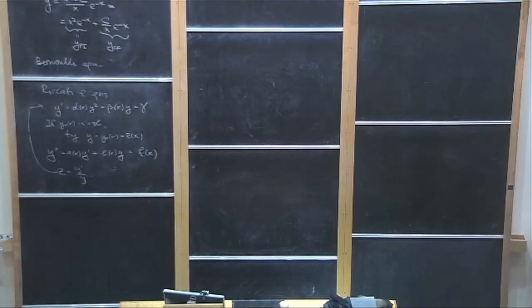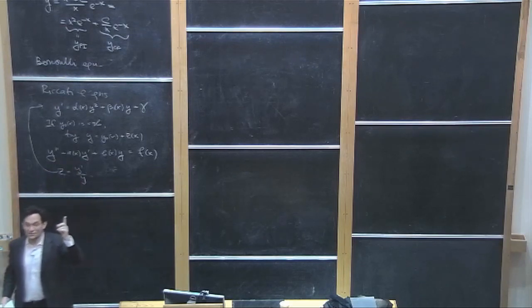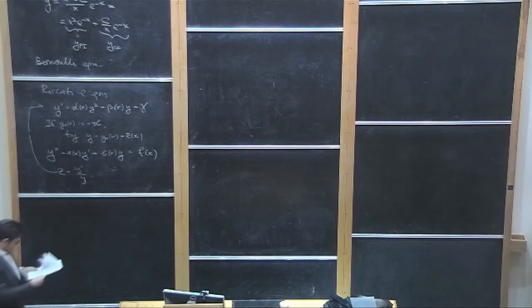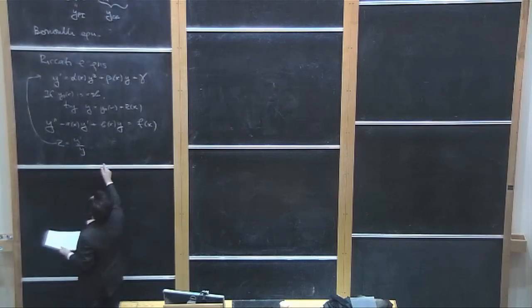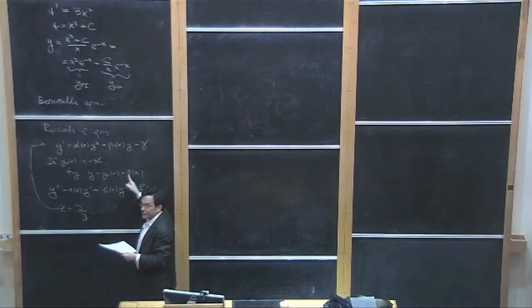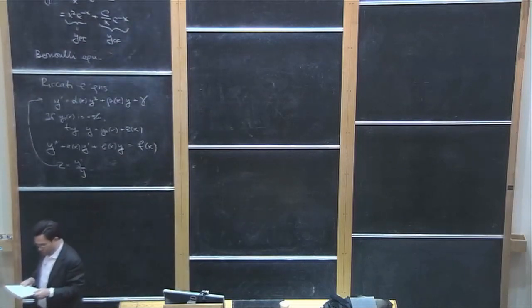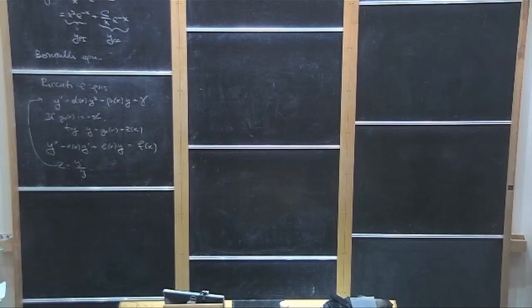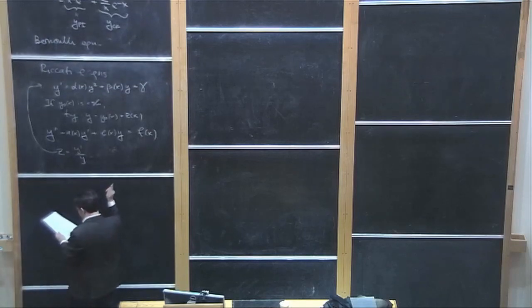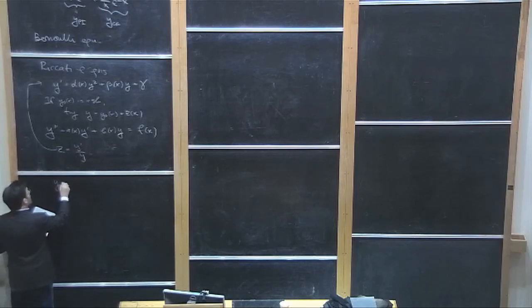Which leads to a depressing conclusion that the majority of linear second-order equations with non-constant coefficients are unsolvable. Right? But again, some of them are solvable, and indeed this second-order linear version of the Riccati trick is also that if you can guess one of the solutions to this equation, then you can derive the whole solution. I'll show you how to do that in a moment, but let me again say that even though